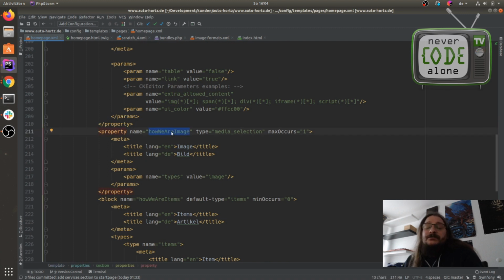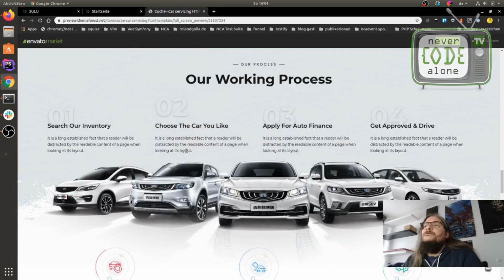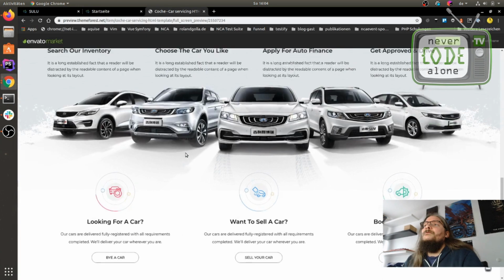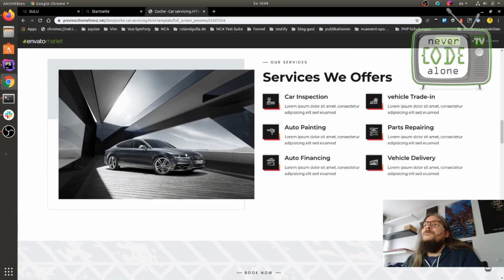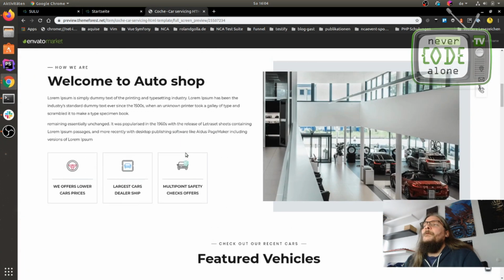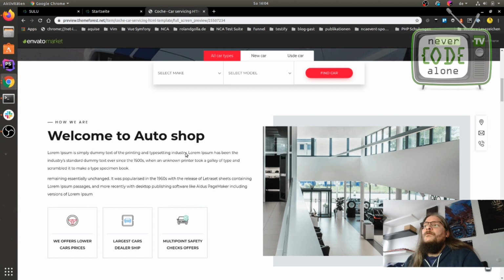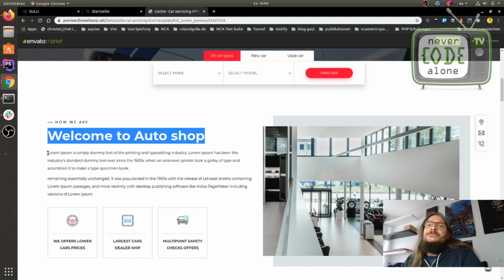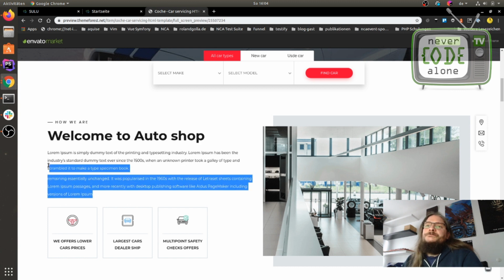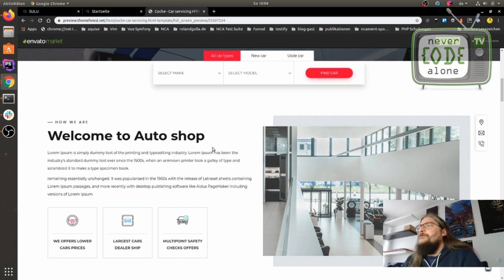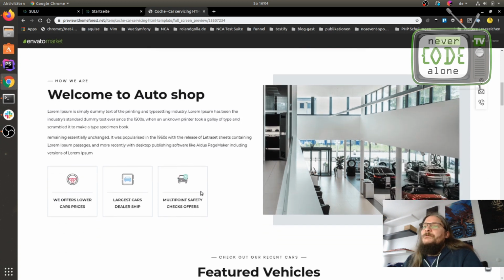When we see this in the front end, this is the subline, the headline, the description with this editor, and the image. There are also some block elements, but I don't want to explain them in detail now.